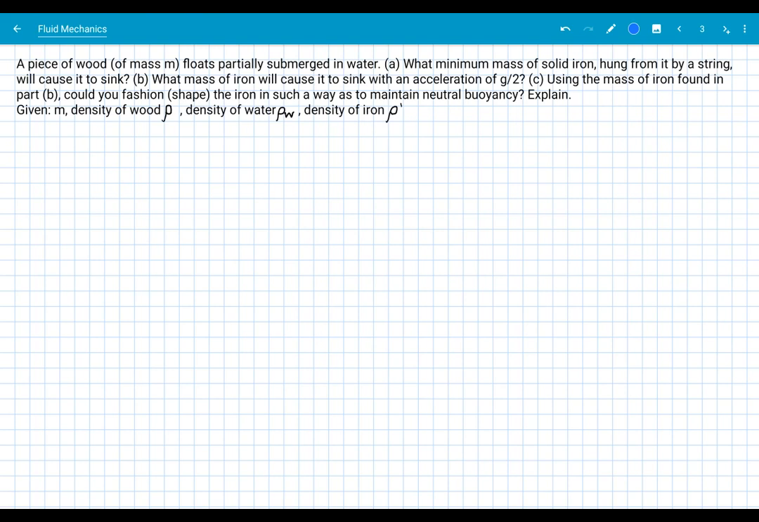All right, let's look at another buoyancy situation here. In this case, we're given a piece of wood. We're told of mass M, it floats partially submerged in water, just like you would assume for a piece of wood. Then we're asked, part A, what minimum mass of solid iron hung from it by a string would